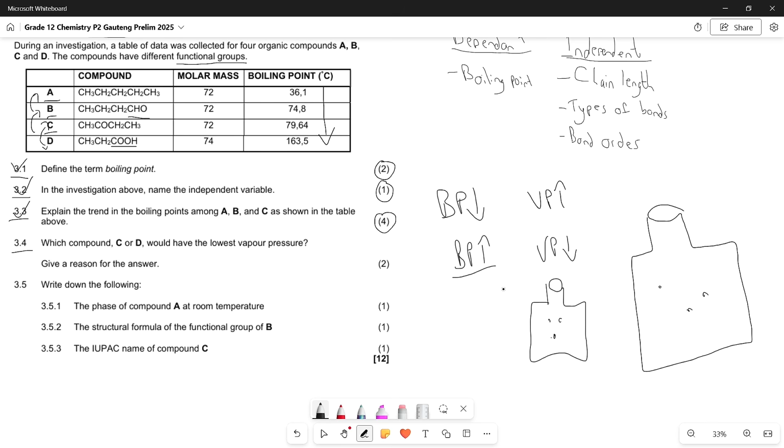And what happens is there's a little link in between these two, is that the volume increases because there's more space, not the volume of the little dots, but the volume of the space of the container that those dots are in. And because the volume has increased, the pressure, how many collisions between these guys, decreases. And that's why boiling point and vapor pressure are indirectly proportional because of this explanation. But this is something we can just remember if that's easier, but this is why it works, because in the